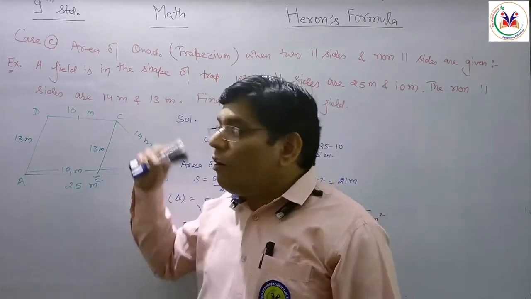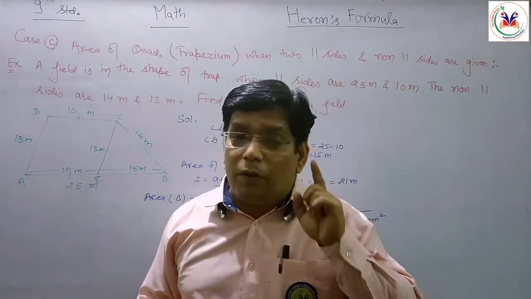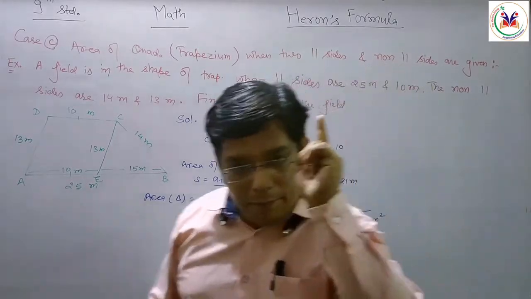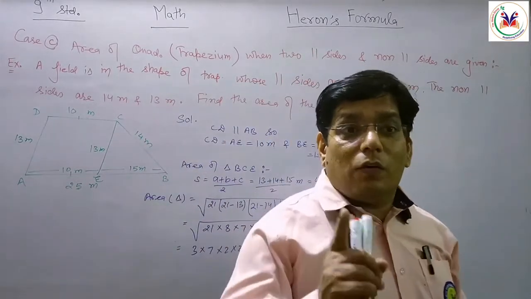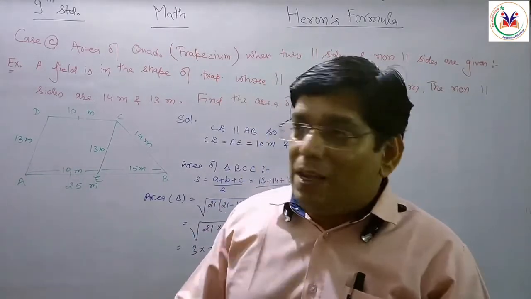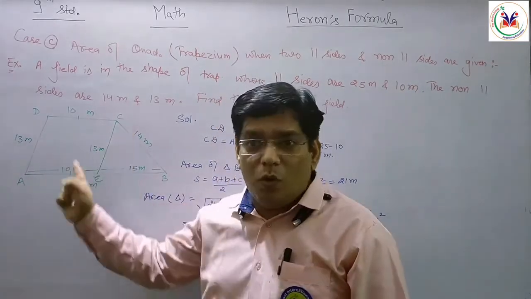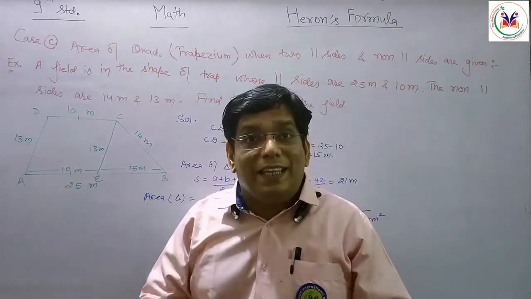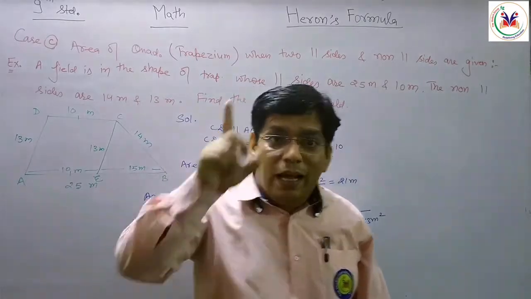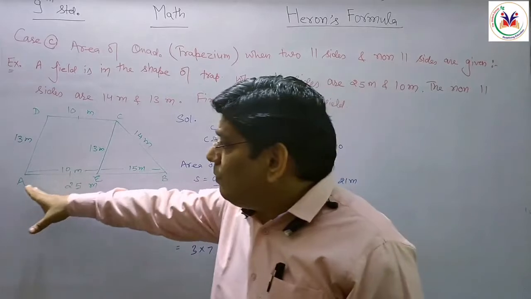Because whenever we go for the area of trapezium, जब हमें area of trapezium calculate करना होता है तो वो area of trapezium होगा half sum of parallel sides into height. मैं repeat कर रहा हूं, whenever we are going to calculate the area of trapezium, then the area of trapezium must be half sum of parallel sides. So the sum of parallel sides, that means the two parallel sides AB and CD are given. So 25 plus 10 we can calculate. But the thing is that height is not given, because on the first day I told you the height must be perpendicular. So here no perpendicular measurement is given.